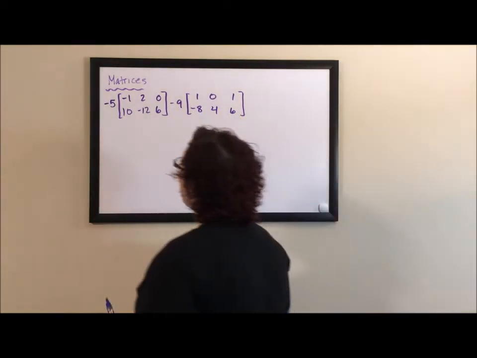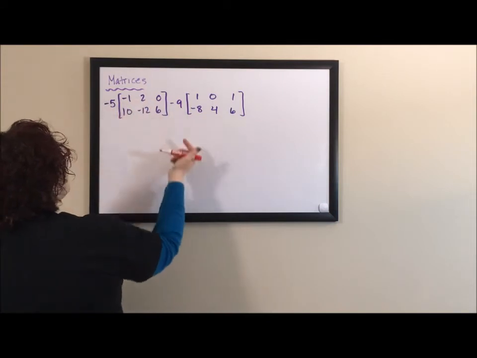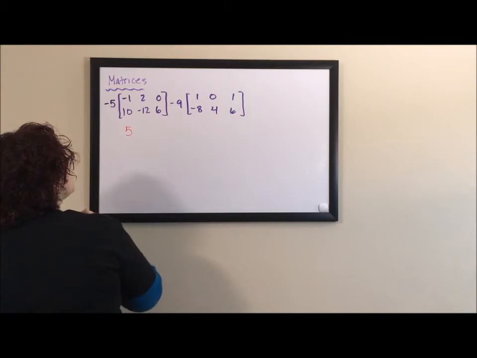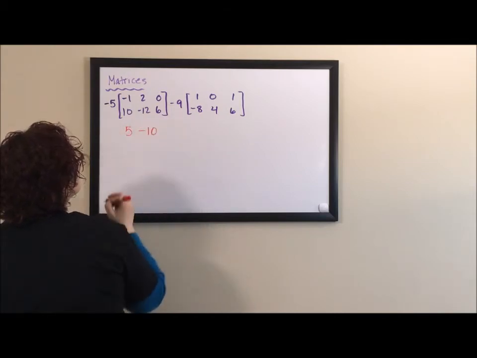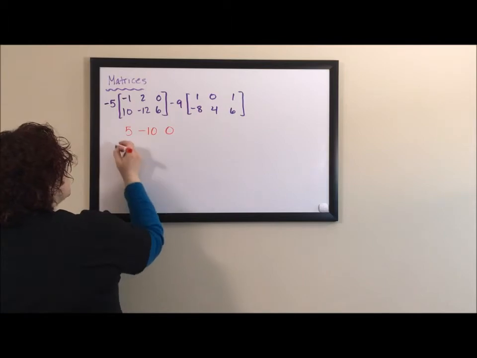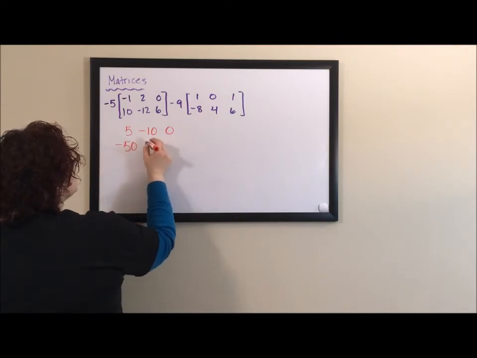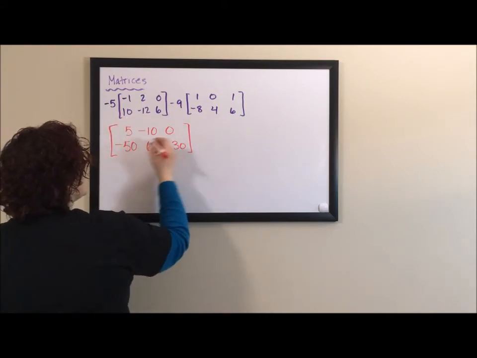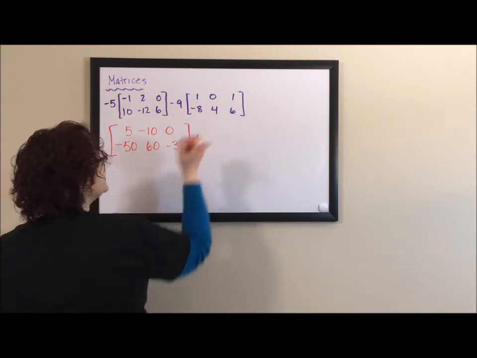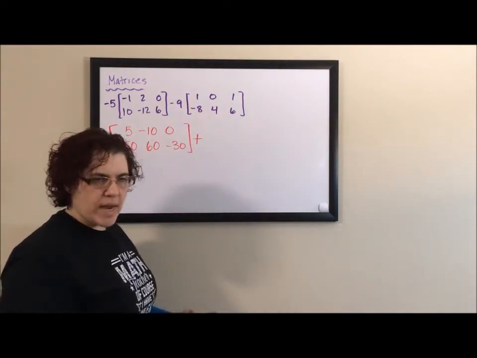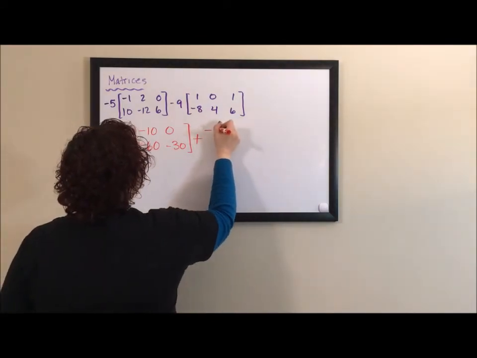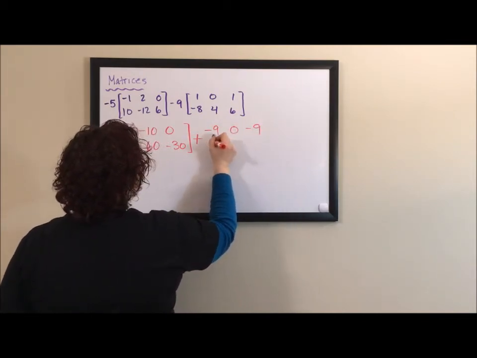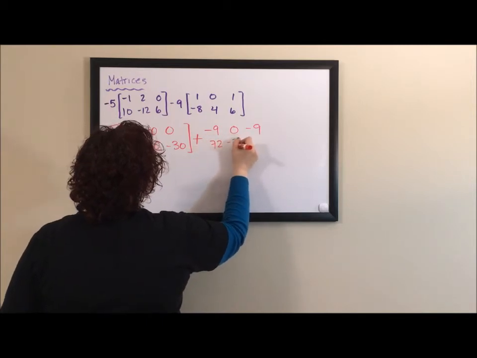So if I multiply the -5 in, this -5 is going to multiply all 6 elements. So -5 times 1 is -5. -5 times 2 is a -10. -5 times 0 is 0. -5 times 10 is -50. 60 and -30. Like I said, I'm going to turn this into a plus and multiply the -9 in, so I'm not subtracting. So I have a -9, 0, -9, and in the bottom I have a 72, a -36,